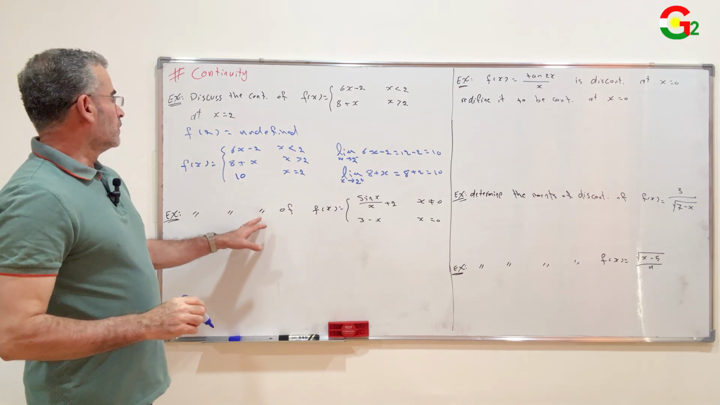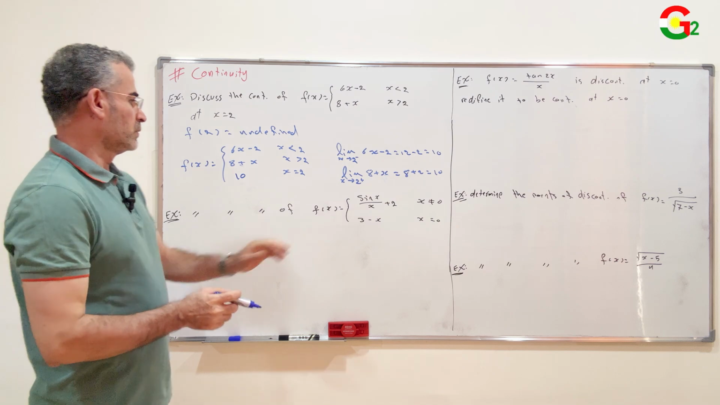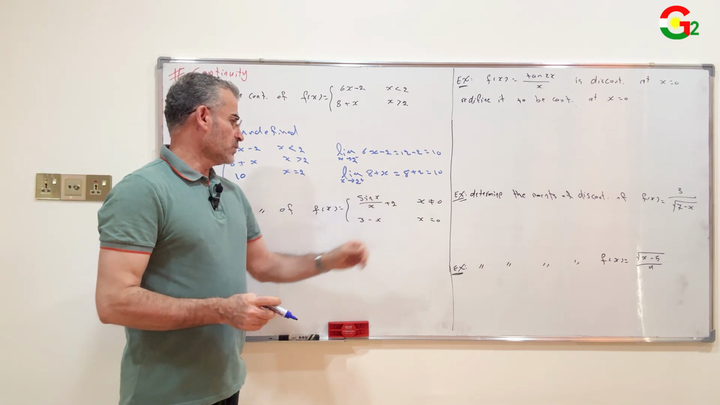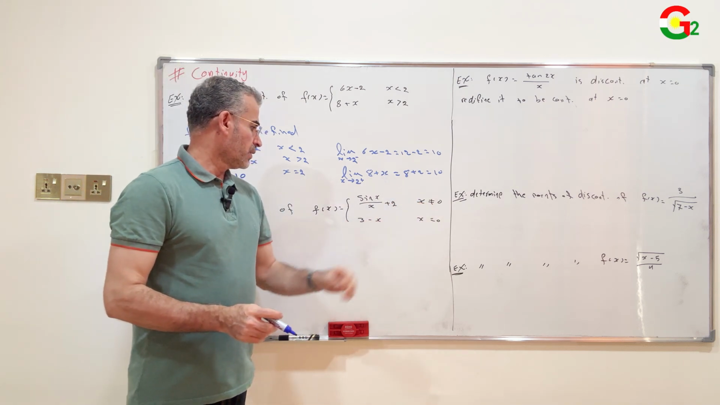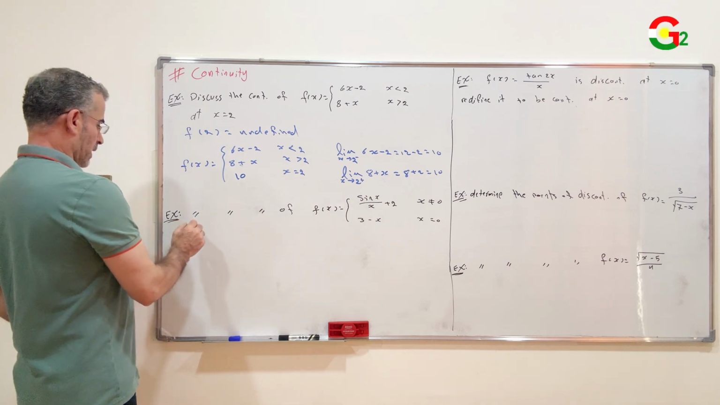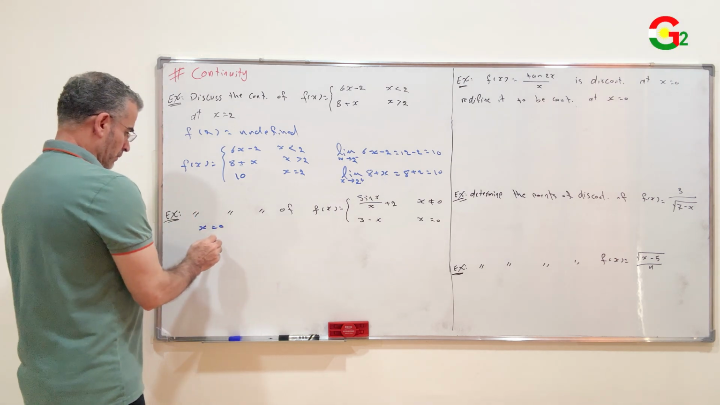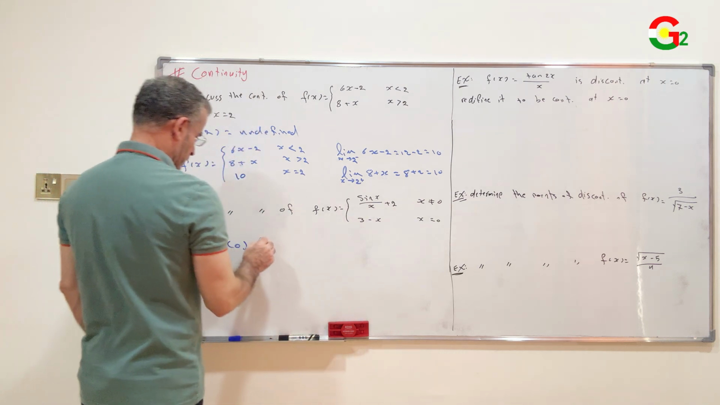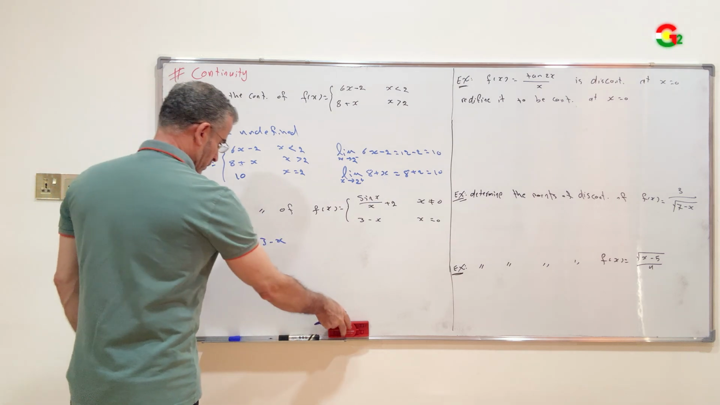Discuss the continuity of the function f of x equal to sine x over x plus 2 when x not equal to 0, 3 minus x when x equal 0, at x equal 0. At x equal 0, f of 0 equal to, when x equals 0, 3 minus x, 3 minus 0,